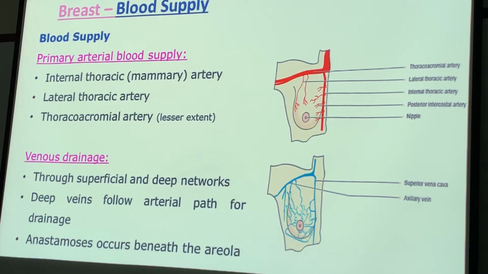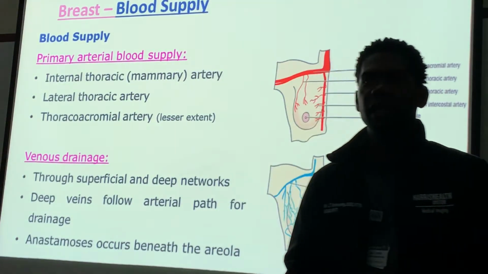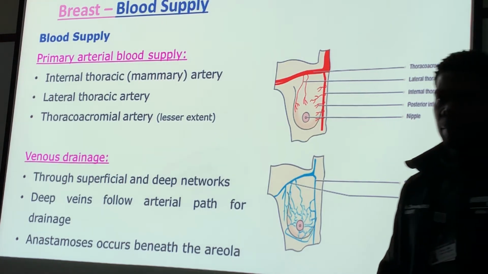Okay? When we talk about deep veins, they always accompany the arteries. That's an easy way for you to find veins. That's why when they're doing legs, you're able to see the femoral vein and artery because they always travel together. Whenever you have a major artery, you always have a deep vein accompanying it. So whenever you see those two vessels running together, that's how you know that's going to be considered a deep vein. Superficial veins don't have an accompanying artery.